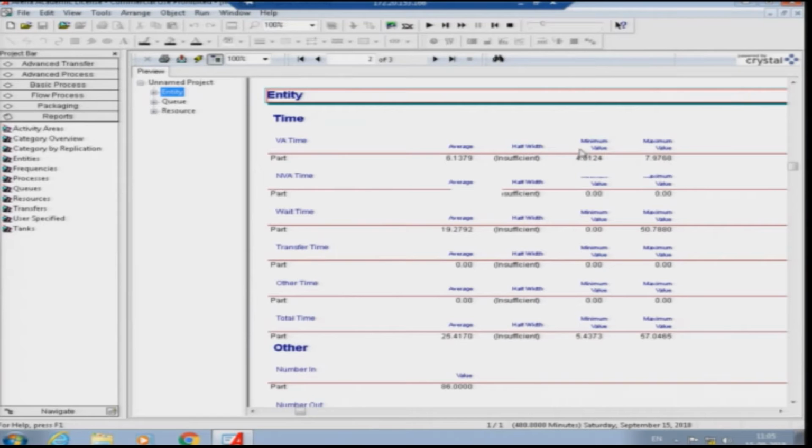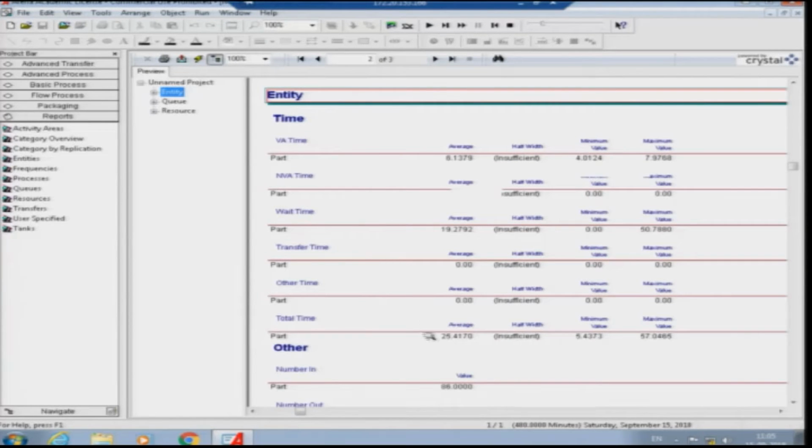So, the minimum and maximum value added time is between 4 and 8, which means that it is sampling from the right process that we are talking about. And you can say that on an average, the parts were waiting for 19 minutes with a minimum of 0 and maximum of 50.78. Okay.